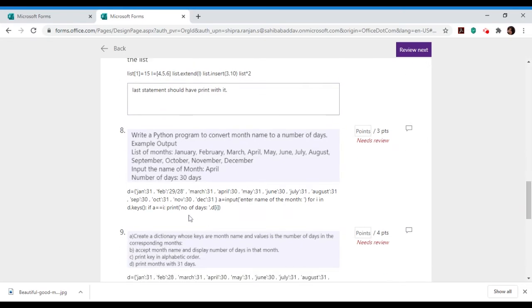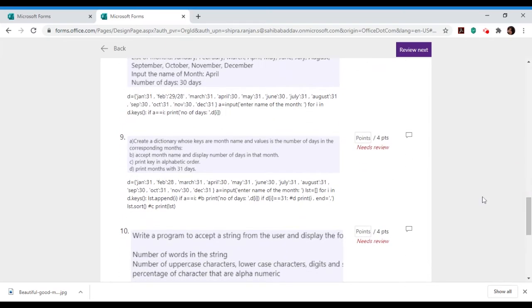Next answer is also correct, so the student gets full 3 marks in this too. Let's move on to the next answer. Is equal to, so this is also correct and full 4 marks in this answer.